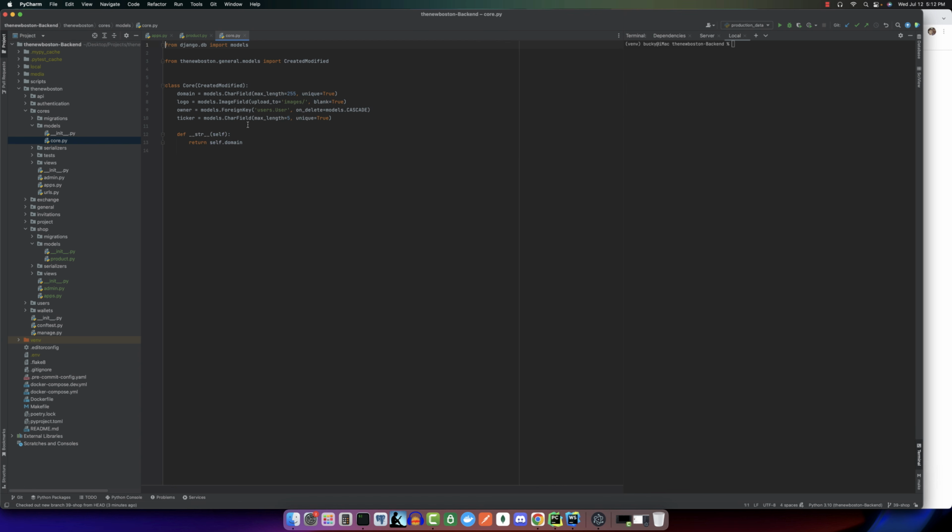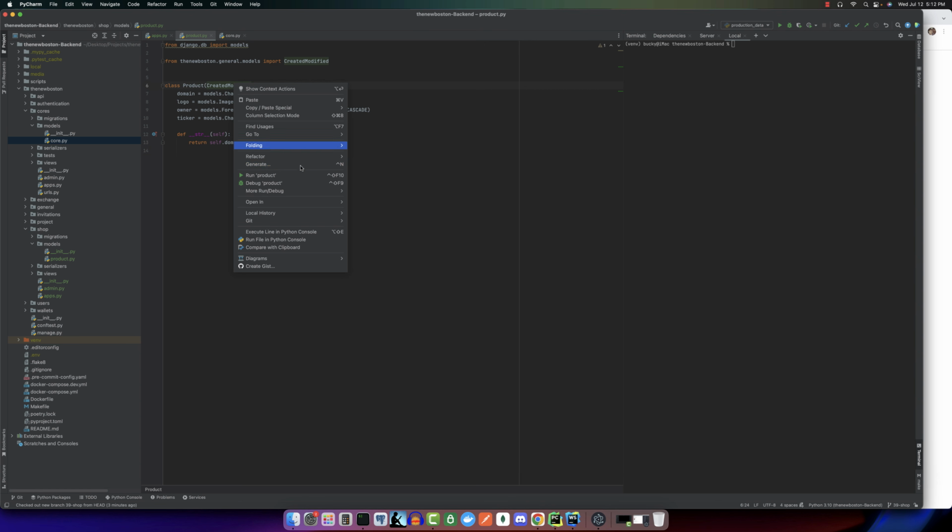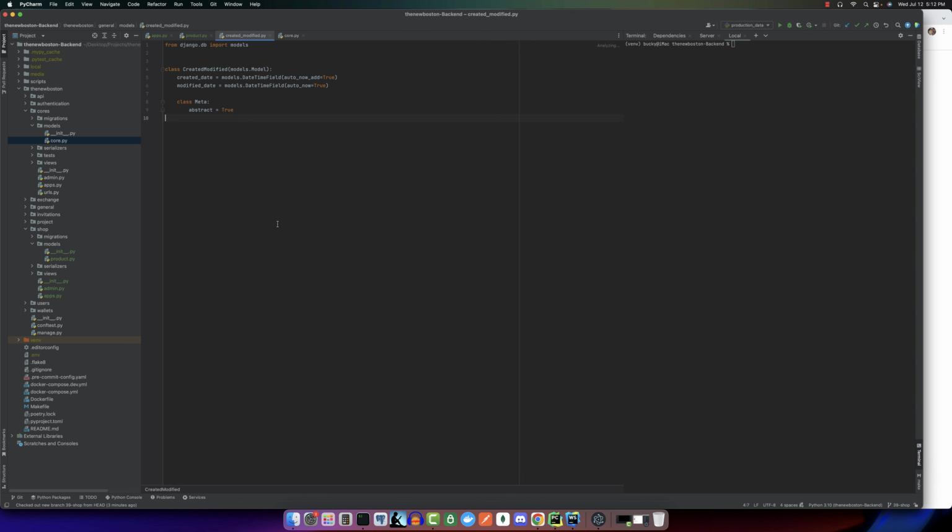So next, what I'm gonna do is create a new model for product. And let me pull up a reference here. And okay. So I'm going to inherit from created and modified, since this is going to give me a created and modified date, which I want to keep track of on my products. And I'm also just going to,